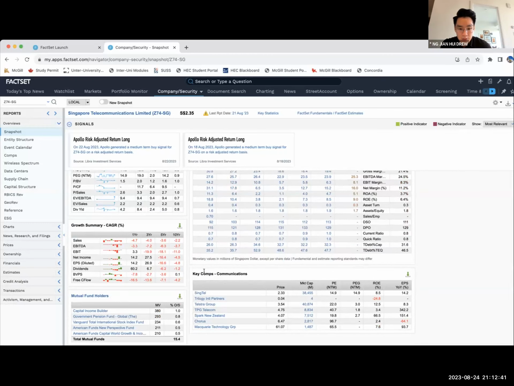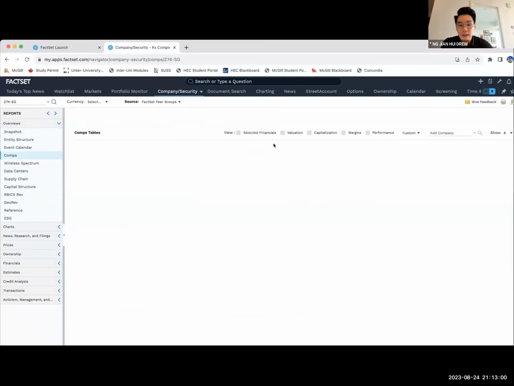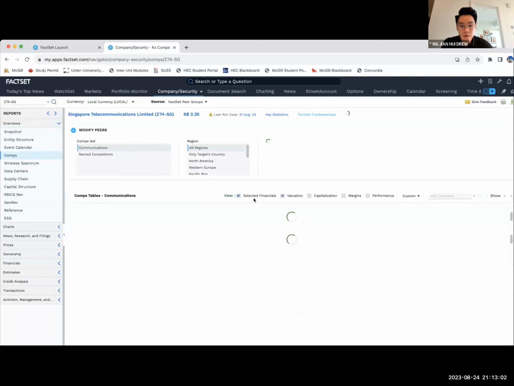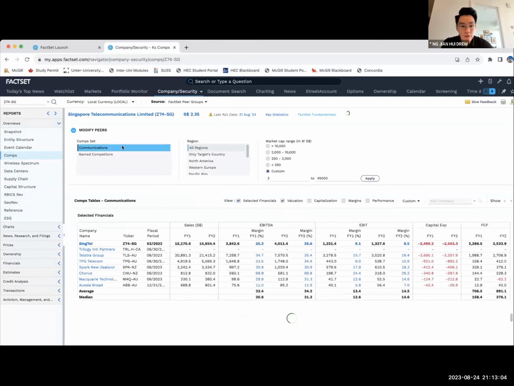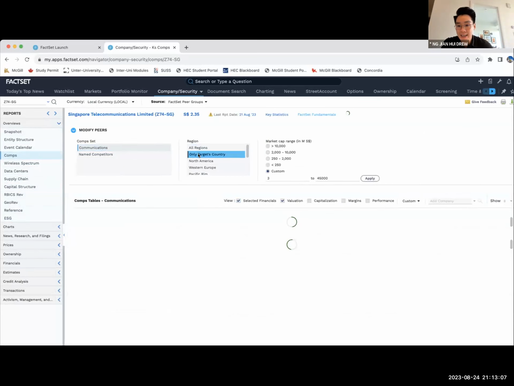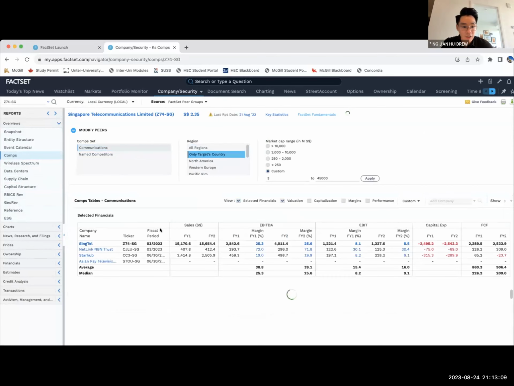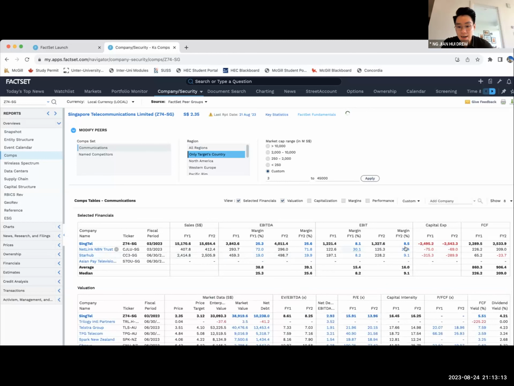Can you see key comps? So your key competitors, we can dive deeper to see what they are. A lot of them are actually overseas. But let's say if we want to look at comms, a communication company, and we only want to target the industry, not all regions. That's where you can see StarHub comes in. They tell you what's the price, EBIT,